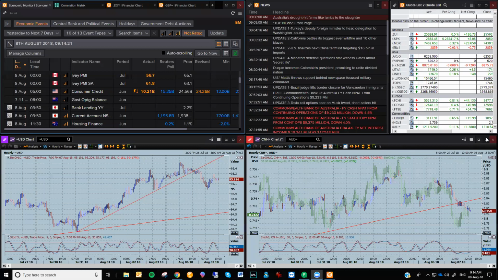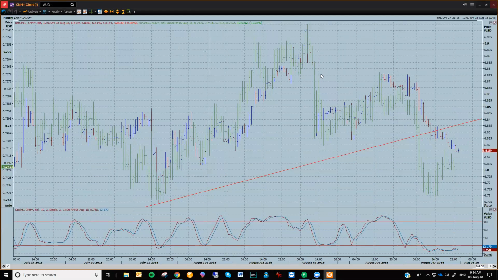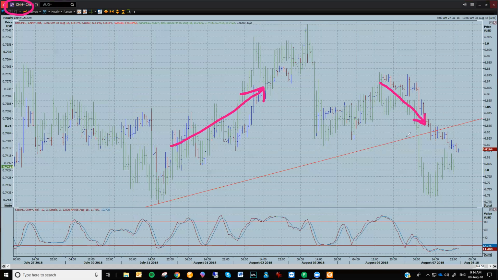It makes this Asian session very important. As I said, I've got the Aussie overlaid here on the yuan chart. Don't forget, this is dollar China or dollar yuan, right? So as it goes down, the yuan is appreciating. As it goes up, it's falling. So we've got some key levels here. Just keep an eye on those, and we'll piece it all together.